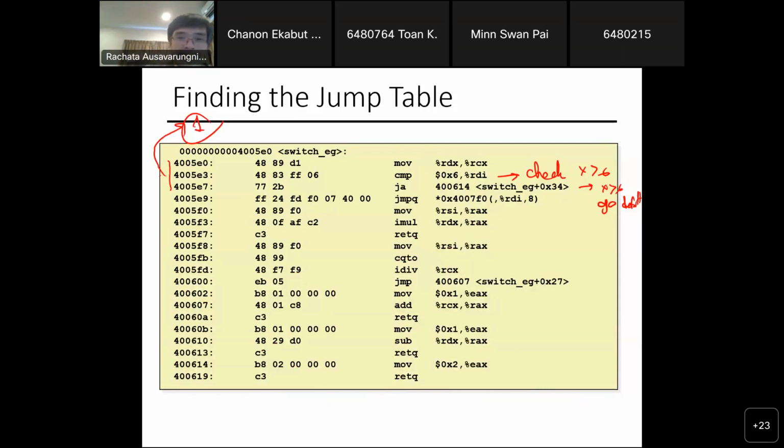Yes. This is the constant. Because we know that if x is greater than 6, it always goes to default, so we can get rid of that case. First of all, it's the easiest one. Get rid of that, right? If x is greater than 6, jump above, go to the default. If you look at this address,